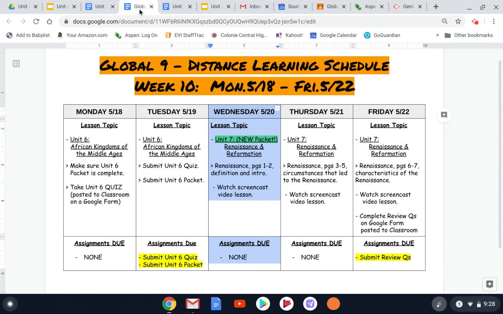Going back to our schedule real quick, the next couple of days we'll go over a few pages at a time. There will be a screencast video for you guys to watch to help you complete those pages on each day. And at the end of Friday, we will have a short set of review questions just for you to check in with me so I can see how you're learning our new topic.